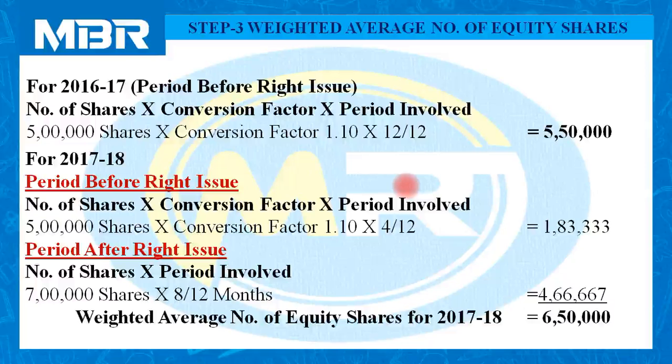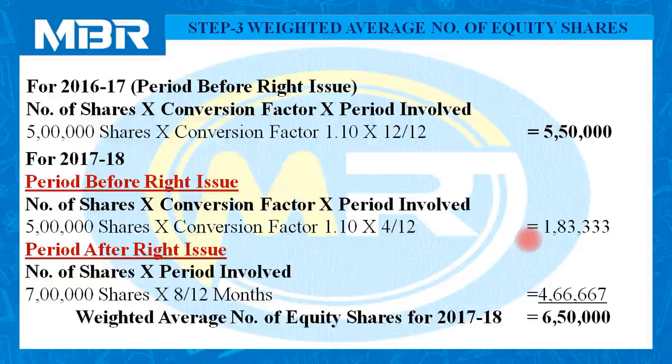Numbers of shares 5 lakhs multiplied by conversion factor 1.1 and period involved in the calculation during the year 2017-18, 4 months, so it is 4 by 12. So 5 lakhs multiplied by 1.1 multiplied by 4 divided by 12 is equal to 1,83,333 numbers of equity shares during first 4 months of